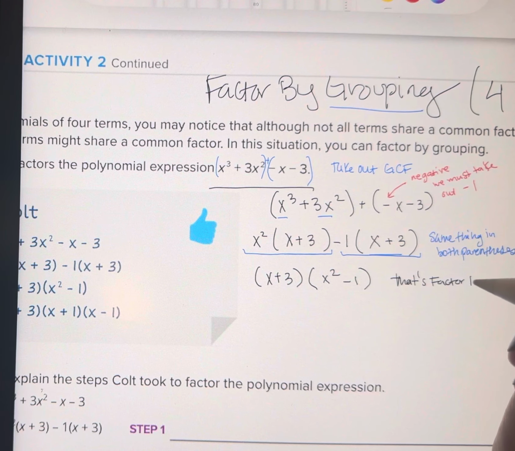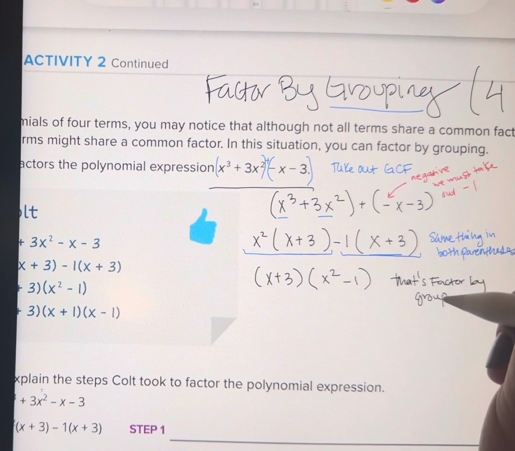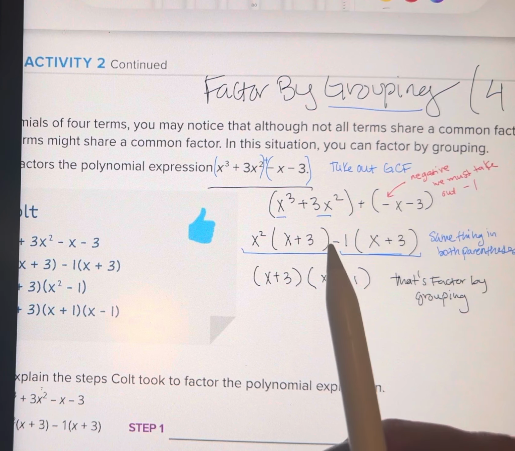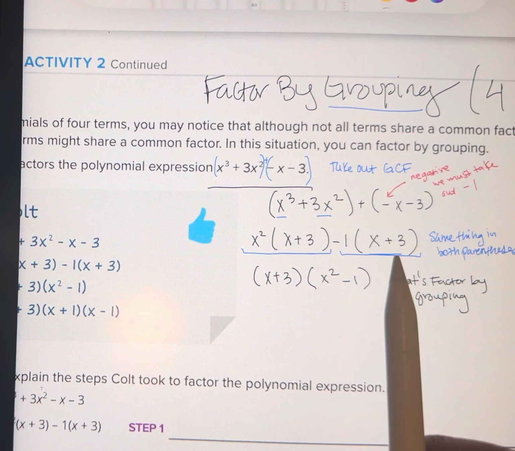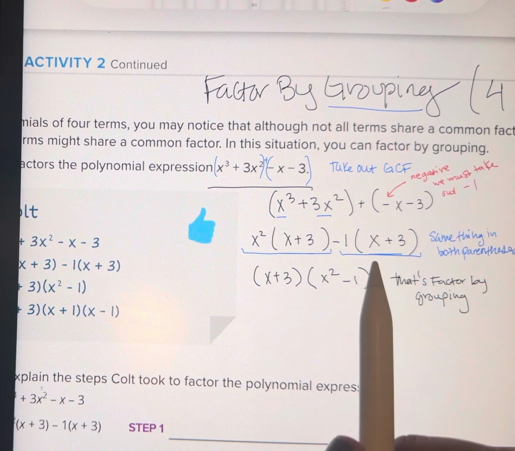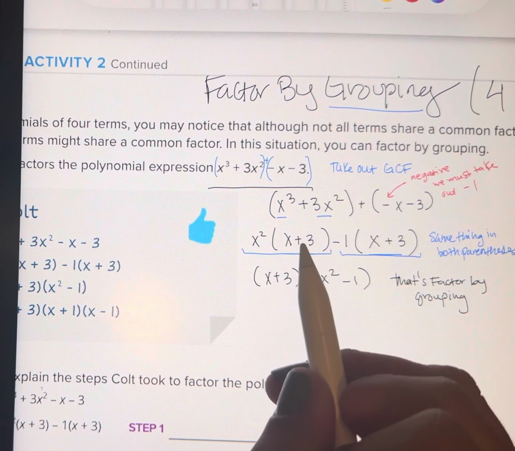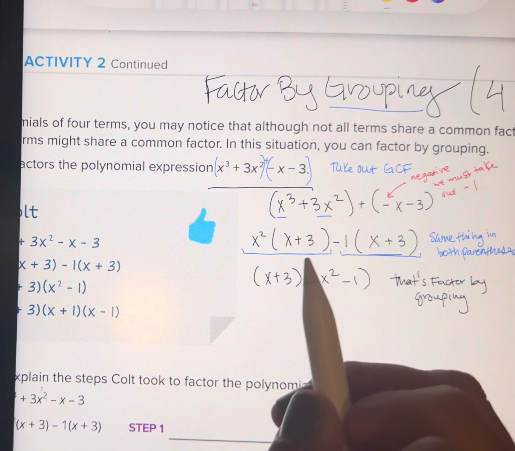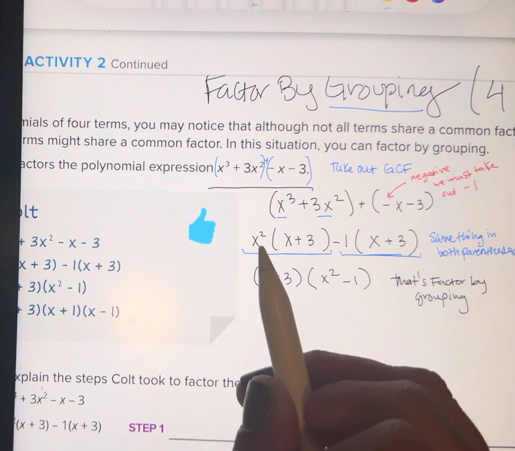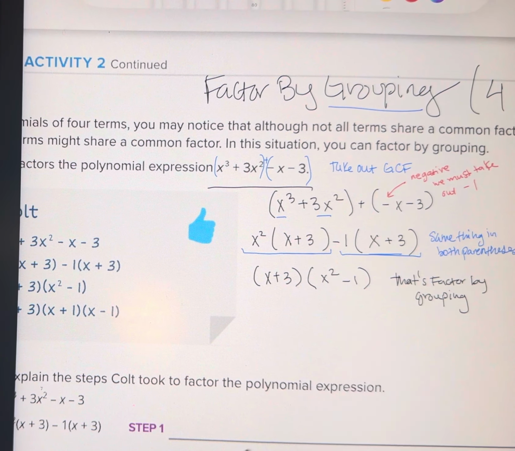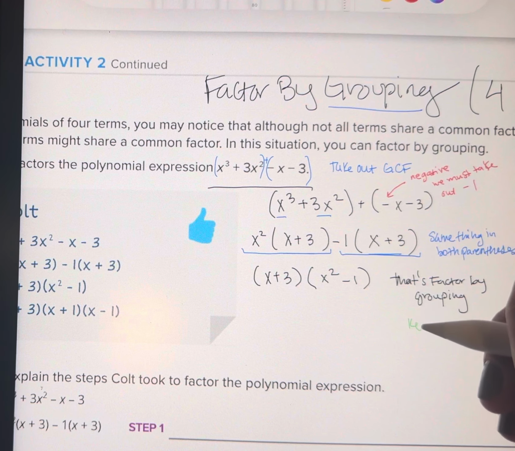Now, I know that maybe what I said about this and taking out the x plus 3 was very confusing for some. And if it was, don't worry. Guess what? You can just learn that what happens after you get the same thing in parentheses here, you just do one set of parentheses with that thing and another set of parentheses with what's in front of them. Boom, boom, done. Okay? Now, you guys, believe it or not, we can actually keep factoring